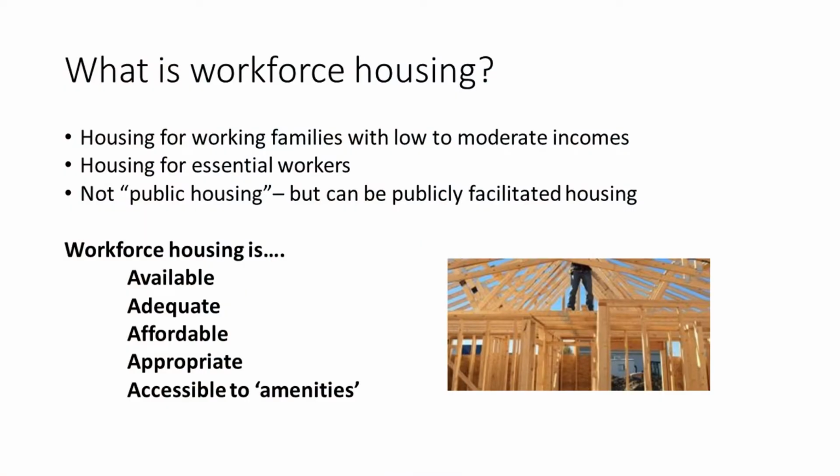How do you know if you have that kind of housing? Well, we're going to talk about 5 A's for housing. First, you have to have housing stock that's available, right? It has to be there. You have to have ownership and rental opportunities that are available when people want to move into your town. Secondly, it has to be adequate. Those buildings, those structures have to be in good shape. The mechanical systems have to work. You know, the basic structural aspects of housing as a building.